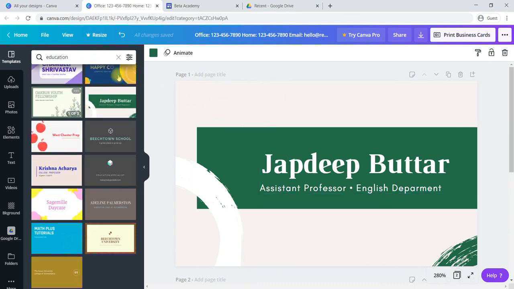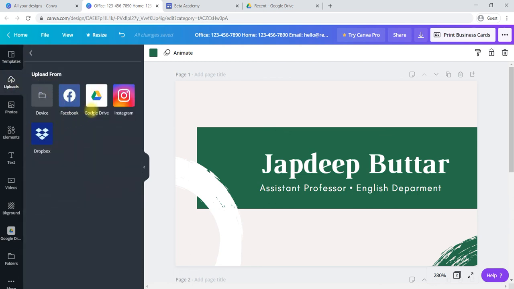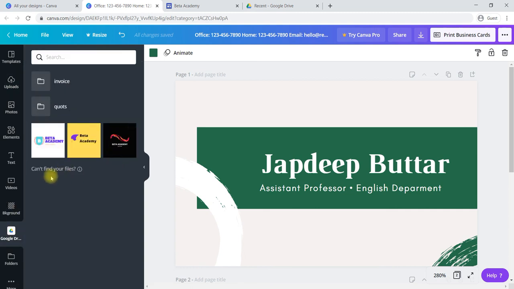Here we have taught you how to use a template, and using a template everything is easy. Uploading a file through Google Drive, we already learned how to use Google Drive to upload a file and how to utilize that stored file, reutilizing a stored file in your design. This was the main thing I wanted to give in a visiting card.